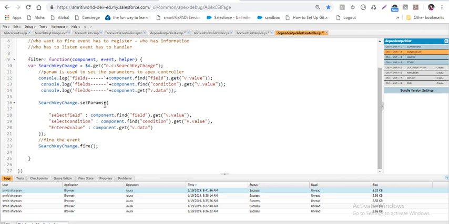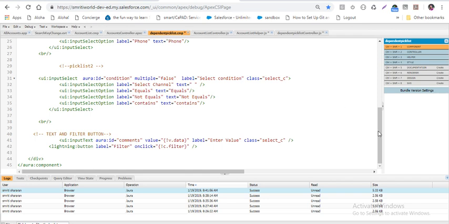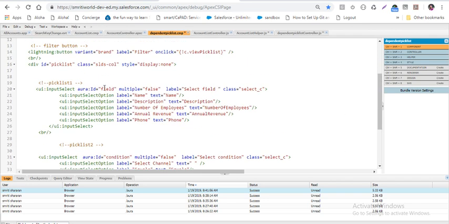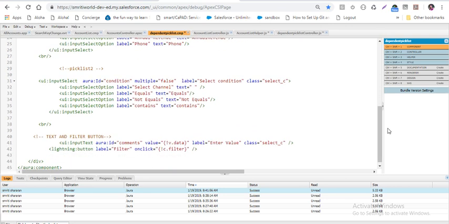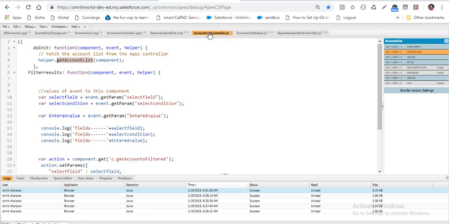We are saying component dot find field dot get value. Now how are we getting the values? If you see, we have discussed the component. We have discussed the ID. So this is one ID or a field, then the condition, and then we are using the data. So if I go to the controller,